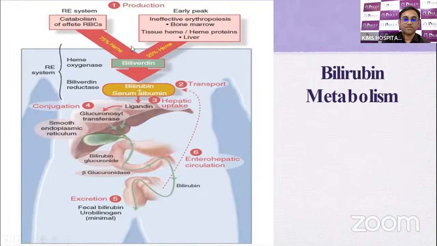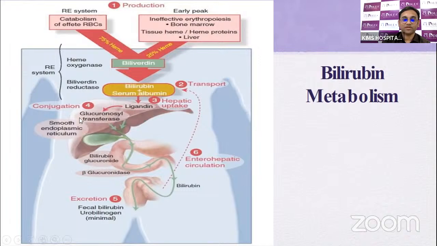From this heme, it enters the reticuloendothelial system, where the enzyme heme oxygenase converts the heme into biliverdin, and then biliverdin reductase converts the biliverdin to bilirubin. This bilirubin binds with serum albumin and is transported to the liver. In the liver, the bilirubin is separated from the albumin, and the liver takes up this compound by specific organic anion transporters, binds with ligandin, and transfers it to the endoplasmic reticulum, where you have the UDP glucuronosyltransferase enzyme,